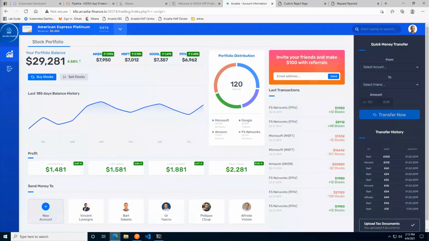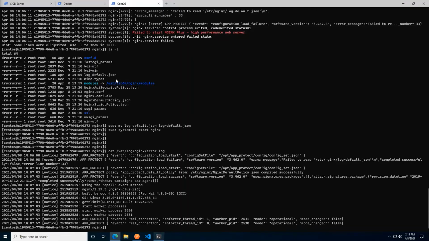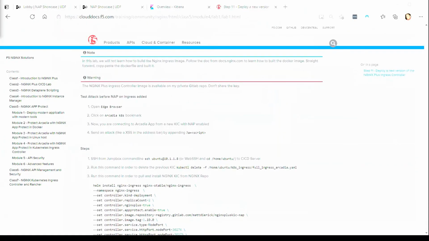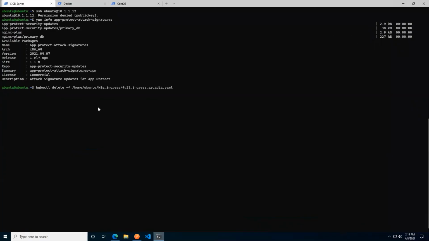And the way to do that is we're going to go over into the CI/CD server in our terminal. So I'm going to pop into the terminal here, make sure that I'm on the CI/CD server here. And I'm going to delete the existing Kubernetes Ingress Controller first and foremost. If we go to the lab guide, you'll see that that command is outlined here in the steps for step 2. So I'm going to go ahead and copy out this command. Now it's important to note everything here is declarative. So when I pop back to the RDP session, I'm going to run this command.